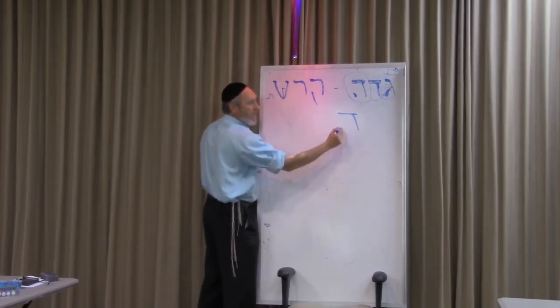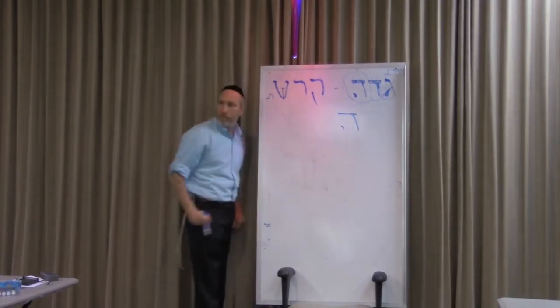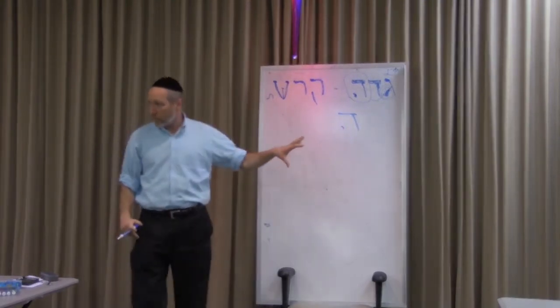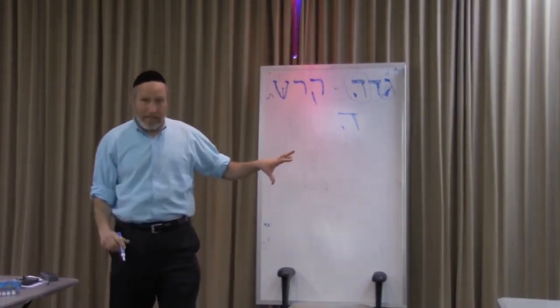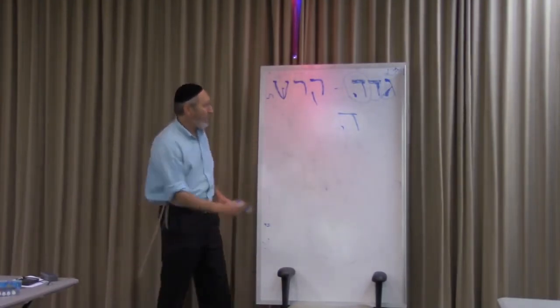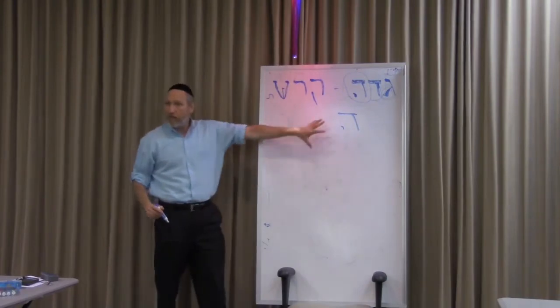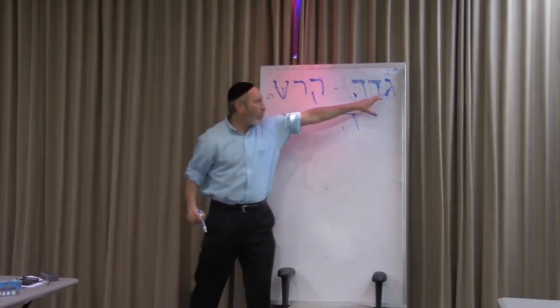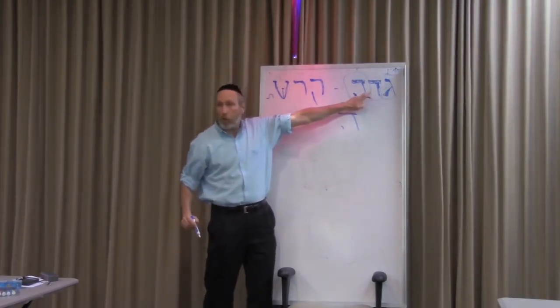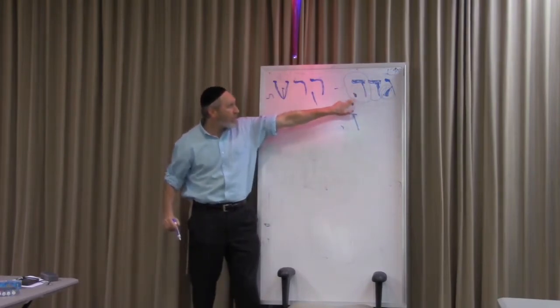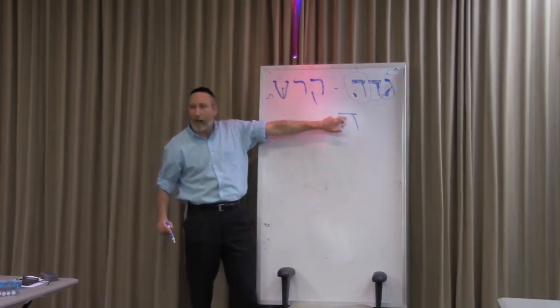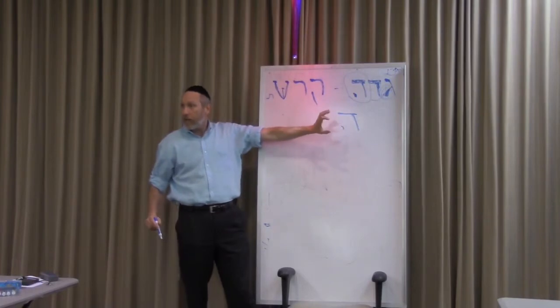Okay? And then it gets the Yud. That's the baby. That's called, literally, in the Kabbalah, the baby. Now this is an impregnated letter. That's the Hey. The Gimel wants to give. He wants to give to the poor. The poor gets the gift. That is the Yud, and now we have the amazing letter Hey.